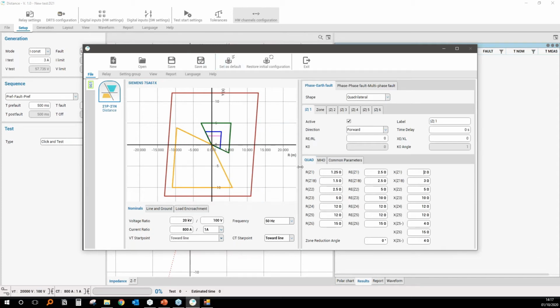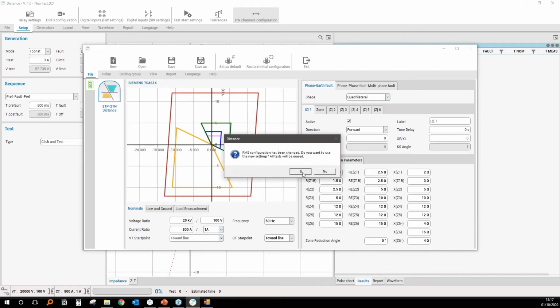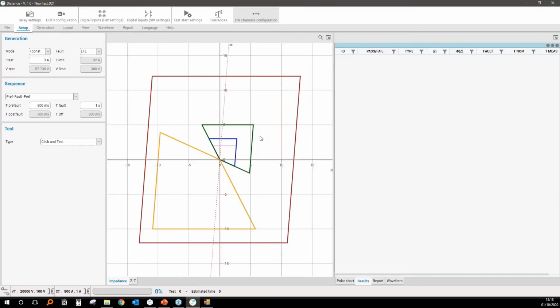Okay, once the characteristic is the one you are interested in, just press exit, and the characteristic is here inside. So you can see it's very straightforward. The characteristic is here, and now I have to test the characteristic by selecting the test type here in this combo box. Click and test is the fastest and easiest way to test your relay, because you click in the characteristic,